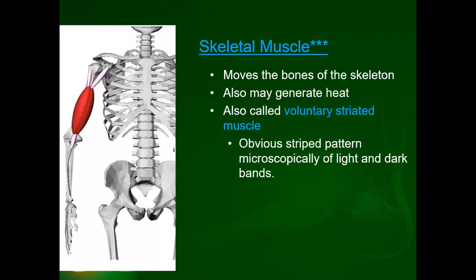So the first couple, we're going to discuss all three types of muscle, but the first is our skeletal muscle, voluntary striated. And it is striated. Striated means stripes. Stripes like a tiger